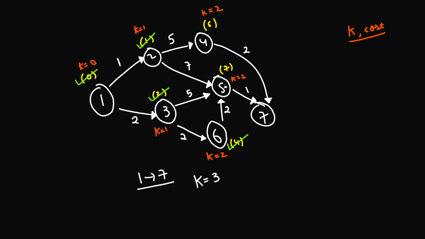There's only one neighbor, which is city number 5. If I go from this to this, what is the cost and what is the value of k? The cost is going to be this 4 plus 2, which is 6. So I'll write cost 6. But at the same time, since k was 2 here, if I go to another city, the k value will become 3. Same logic: since k is equal to 2, I have 2 extra cities apart from the source city, and if I add one more city, k is going to be equal to 3. So I'll have another value, which is k equals 3.